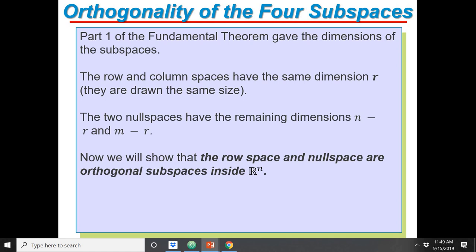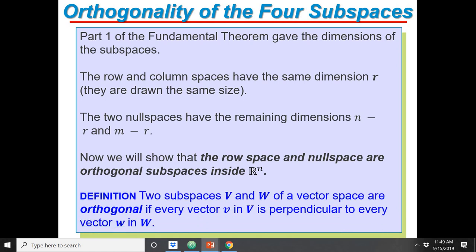So what we need to do is prove this statement that I gave you, that the row space and the null space are orthogonal subspaces within Rn. Both the row space and the null space are subspaces of Rn, and we need to prove that they are orthogonal. So we need to prove that a vector from the null space is orthogonal to every row of the matrix A, because if it is orthogonal to every row, then it's orthogonal to any combination of the rows, which means it's orthogonal to any element of the row space of the matrix A. The proof is actually given on the next slide,